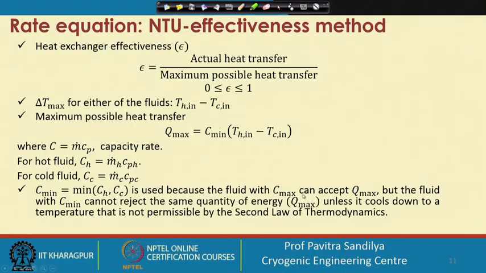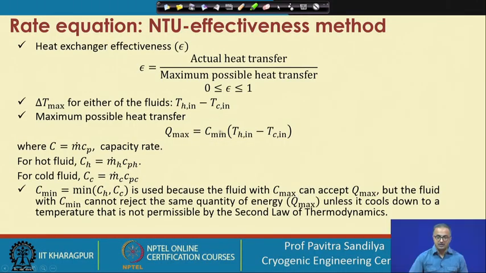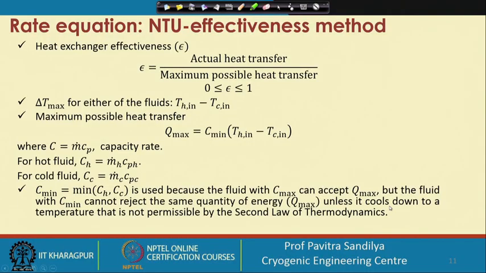And if we take C max in this particular equation, it means that the fluid with the C max can accept Q max, but the fluid with C min cannot reject the same amount of energy, that is Q max. One is able to take, but another is not able to reject it. So there will be some imbalance between the heat exchange between the two fluids. This is only possible if the particular fluid cools down below a temperature that will not be permissible by the